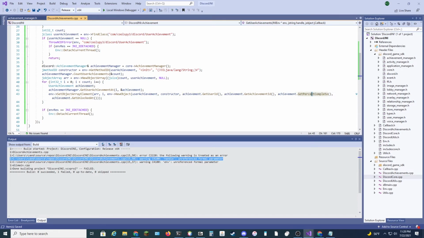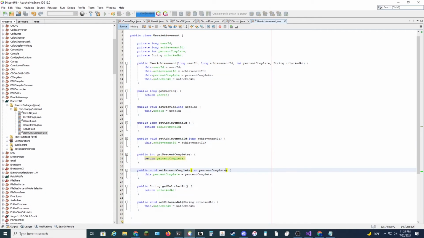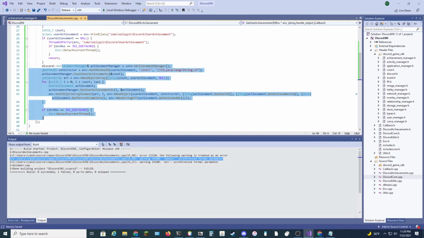Oh, cool! Visual Studio auto wraps lines for you. That's brilliant. Cast to a jlong, cast to a jlong, cast to a jint, and finally env new string UTF. That. Am I missing one? There we go. Good. So we will essentially convert this object into one of our amazing user achievement objects from Java, and then